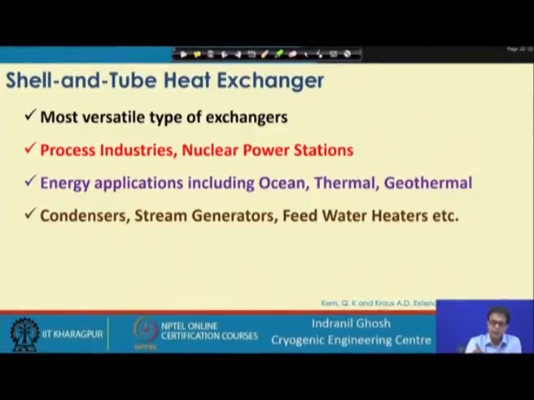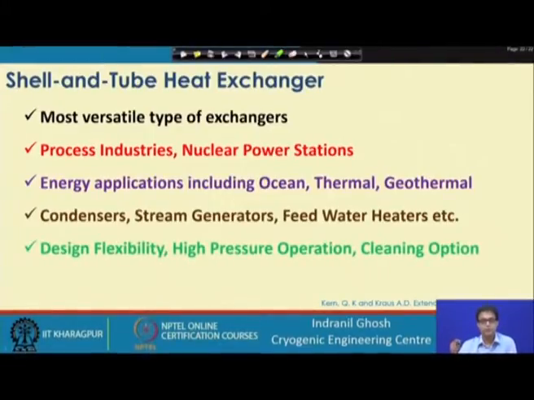And the advantage of this type of exchanger is that it gives very good design flexibility. We have different types of heat exchanger geometry possible. We will discuss that part, and the advantage lies not only with the design flexibility, it also gives us a pretty good opportunity to use some of the fluid streams where the pressure is very high. And as I told you, the cleaning option is again another big advantage of this particular type of heat